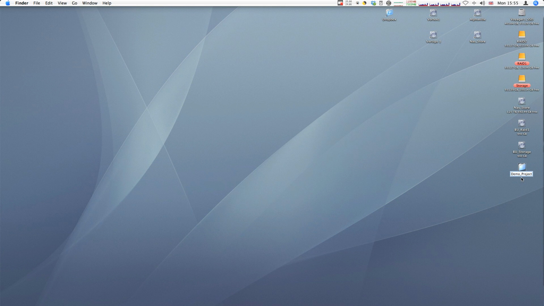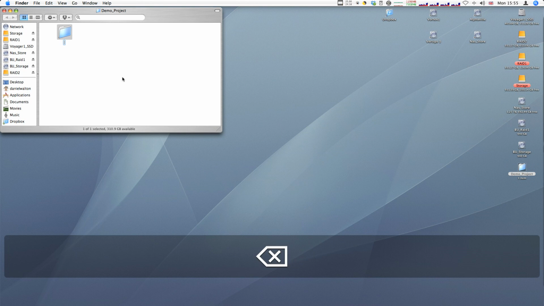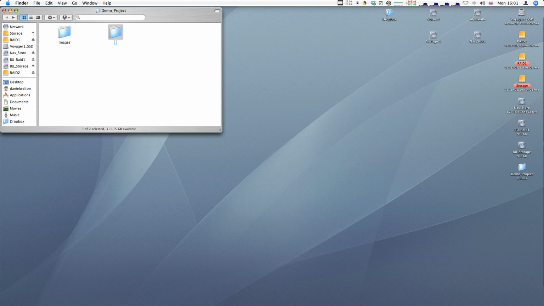Okay, you'll note that I use underscores as well. That's because in Unix sometimes spaces can cause problems in file names, so I always use underscores. So inside that directory I'm going to create two more directories, one called images, which is a place where I'm going to put my images, and another directory called project